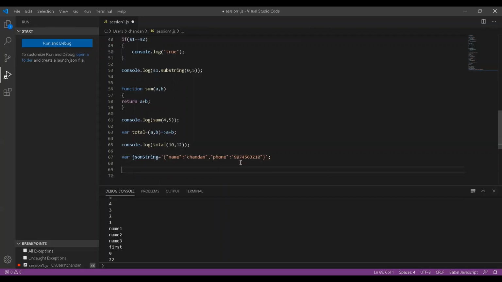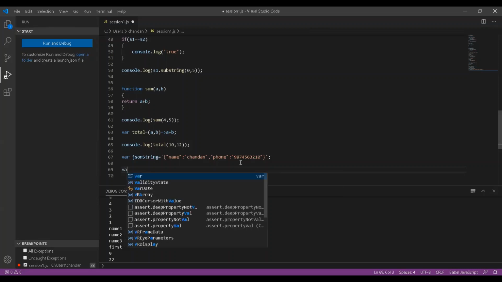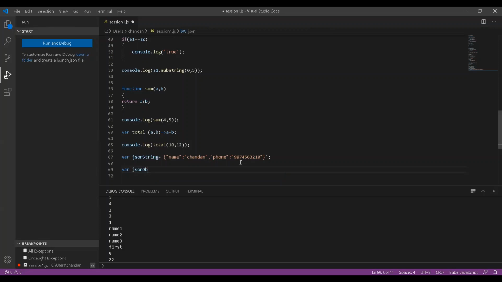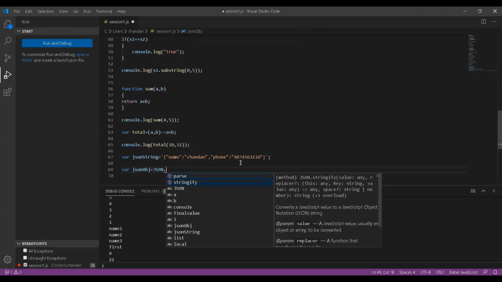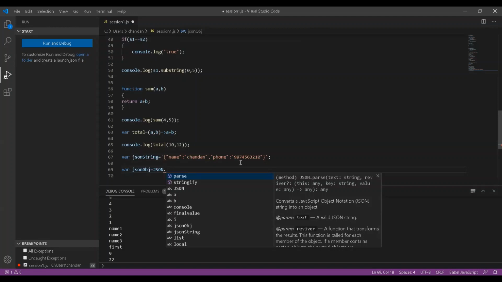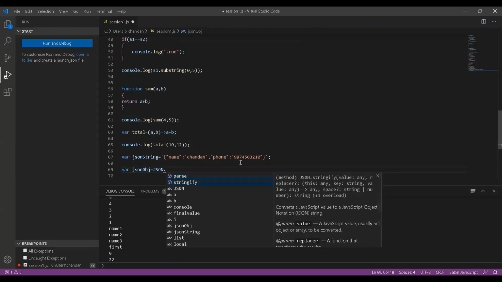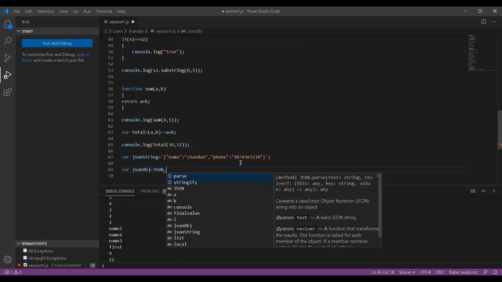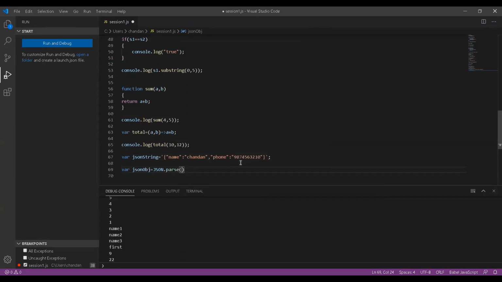Now, if I have to convert this JSON string to a JSON object, I can do it like this: JSON object is equal to JSON class. This is a JSON interface which provides all those methods. We have two important methods, parse and stringify. Parse is basically converting a JSON string to a JSON object, and stringify is basically converting a JSON object to a JSON string. So if I do JSON.parse of the JSON string,